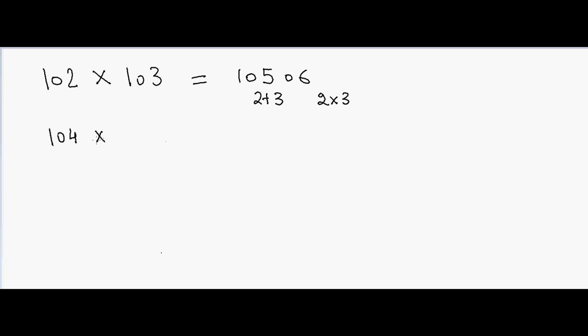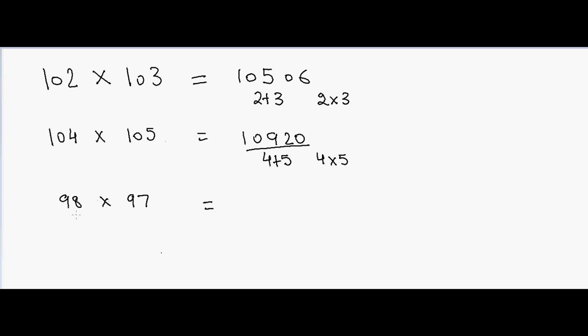Another example, if I have 104 and I want to multiply by 105, in this case 4 plus 5 is 9, and 4 into 5 is 20. The answer is 10920. If I have numbers less than 100, for example 98 multiplied by 97,